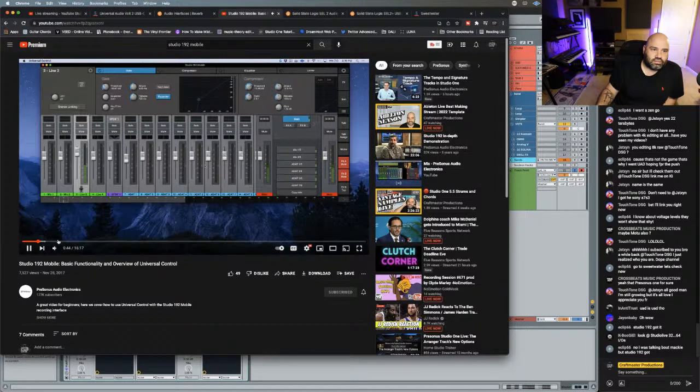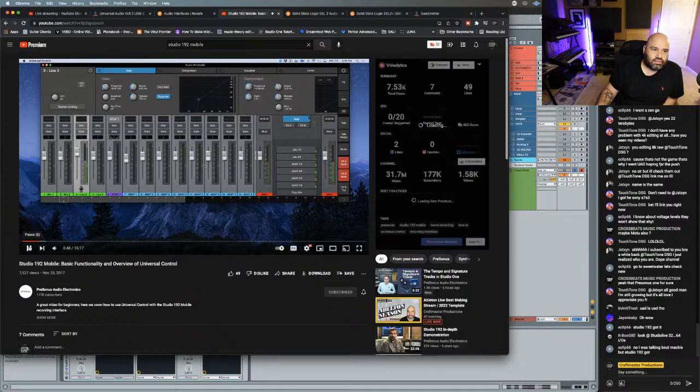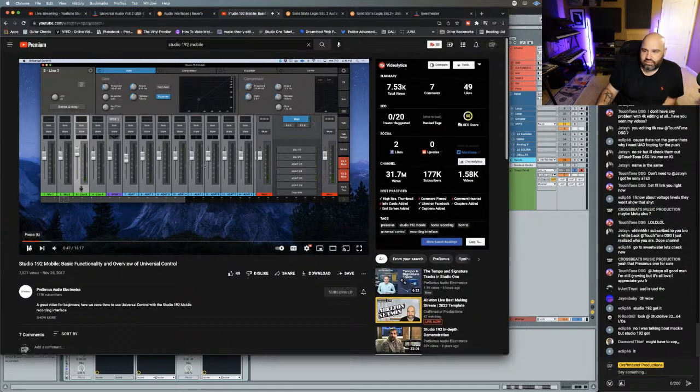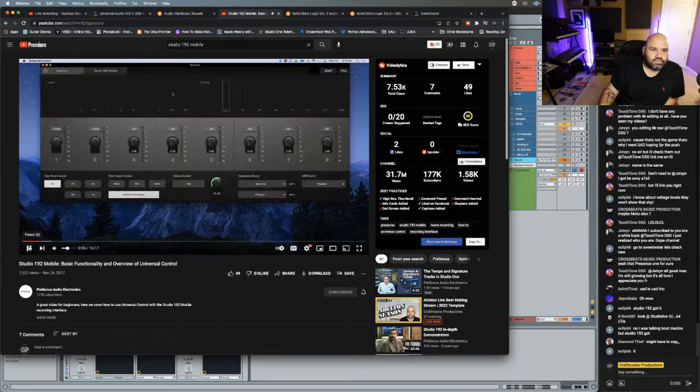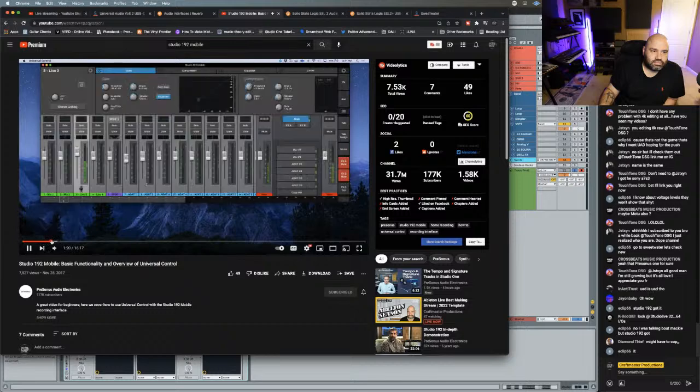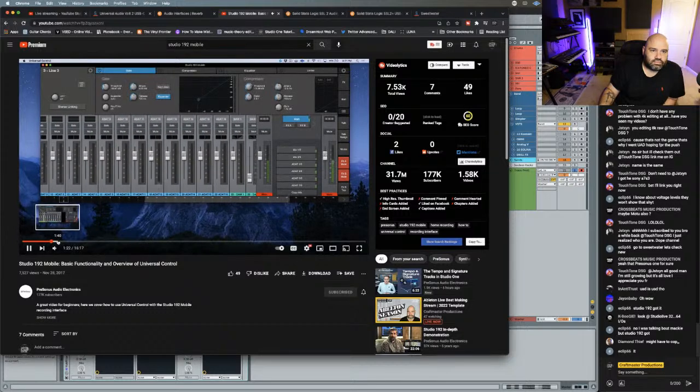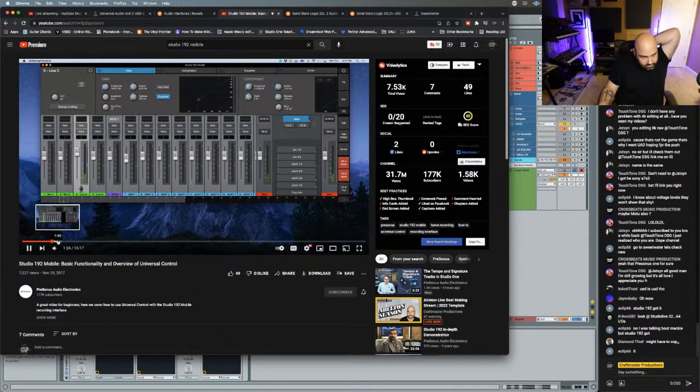Of how powerful this interface is, and Marky Mark, what's good, bro? Also the basics of using Universal Control when connected to the Studio 192. Keep in mind that depending on which interface you have selected, you could potentially have an entirely different console. I have all these channels over here in aqua blue. These are all of the available ADATs I have for the system, and of course, the Studio 192 Mobile has 2 banks of ADAT.